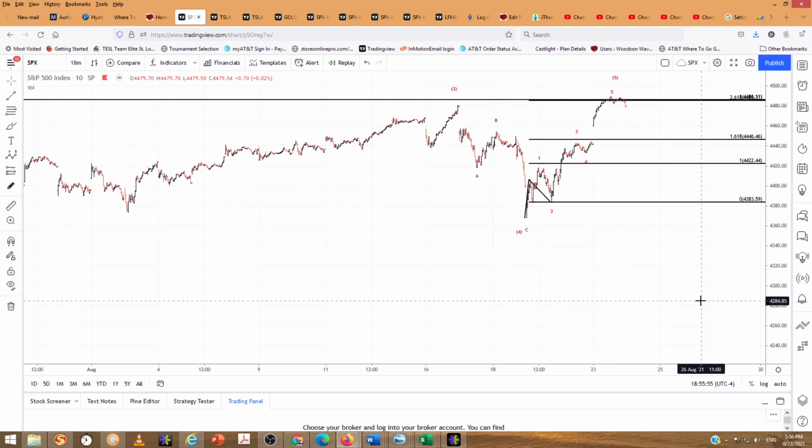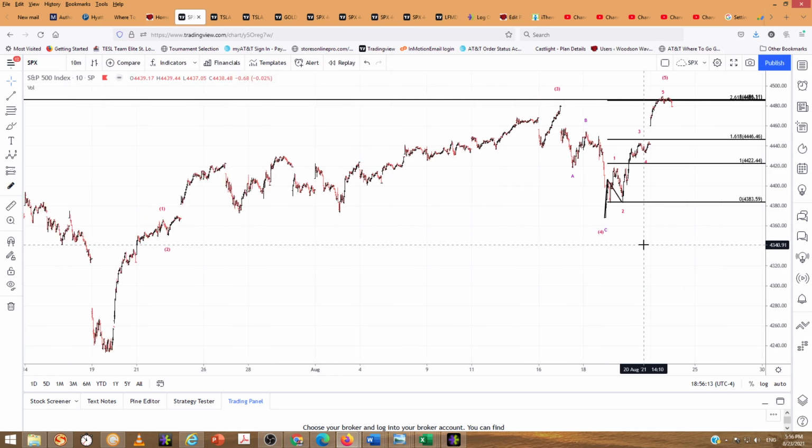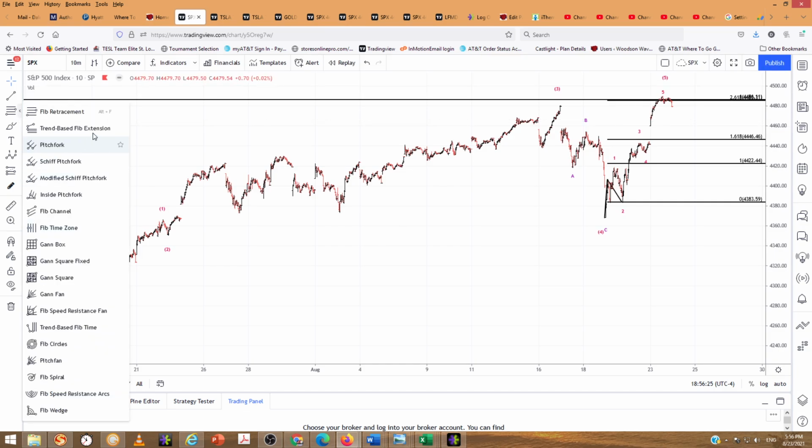So that's pretty important. We're looking for, as far as time is concerned, we discussed yesterday how ideally it tops on August 30th, which is a week from today. As far as price is concerned, it hit our ideal price target. So we'll see, will time cause it to go a little higher, or will price cause it to come down now? Okay, we're going to look at our Fibonacci retracements of this most recent